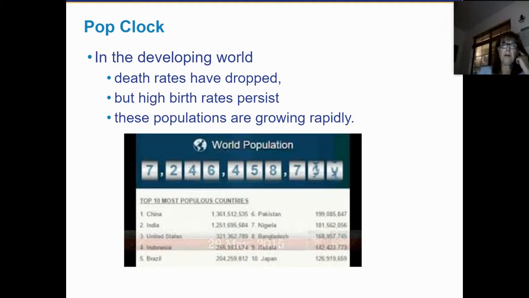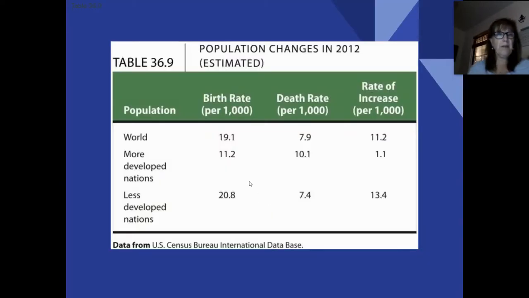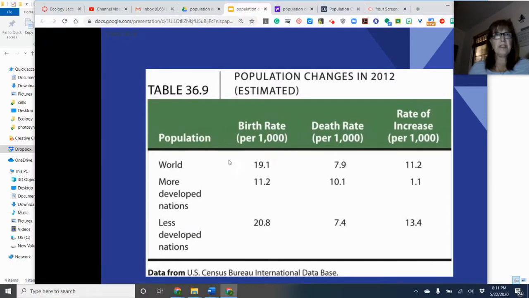And so when we look at populations, this was taken like a year, actually 2 years ago, from the population site. It's run by the US Census. And you can see that these were the 10 most populous countries in the world. And these populations were still growing. We're looking at world population. I want you to notice that it's at 7.2 billion, because as we move to the pop clock, we're going to see